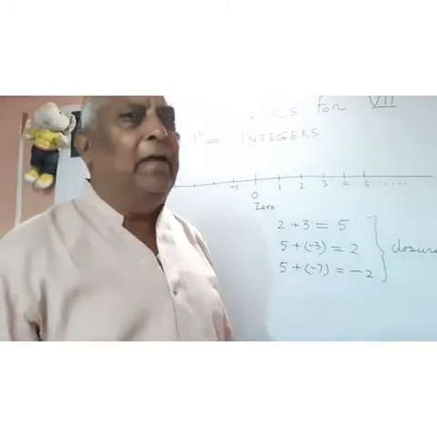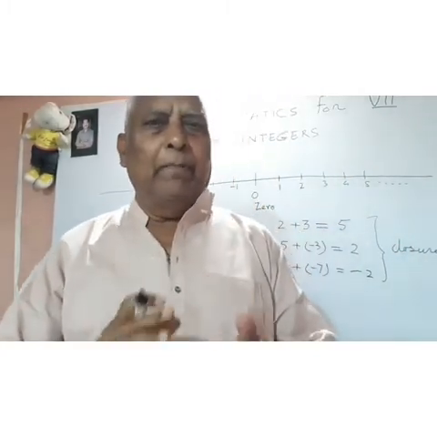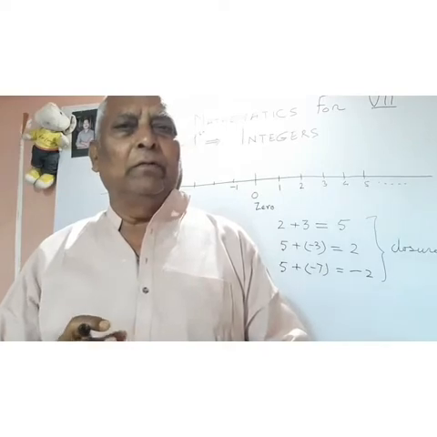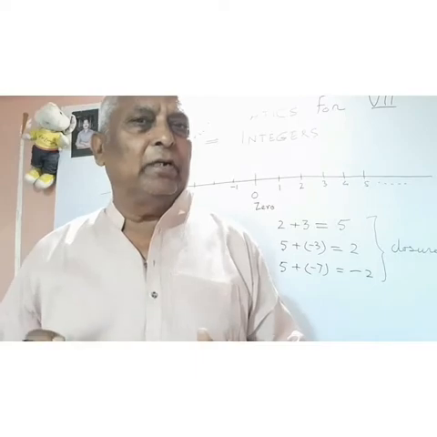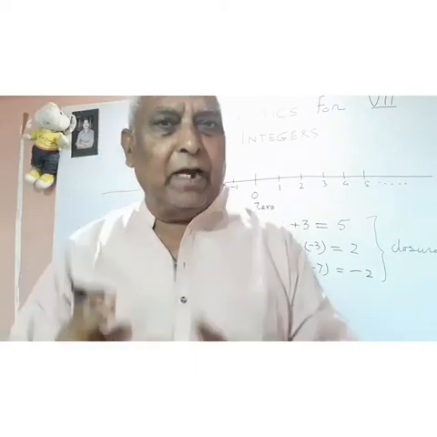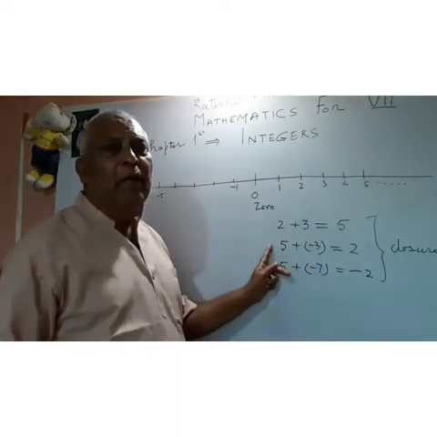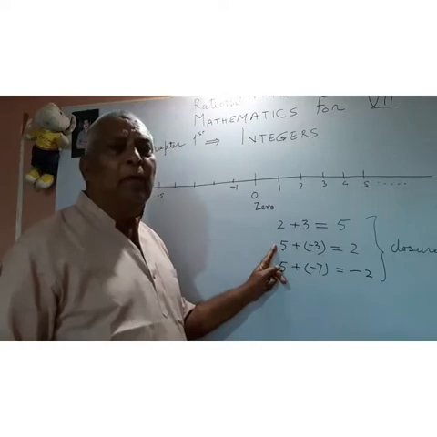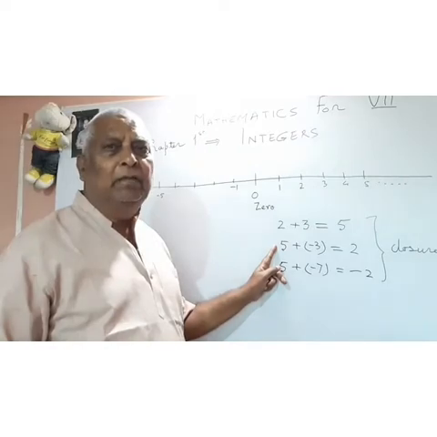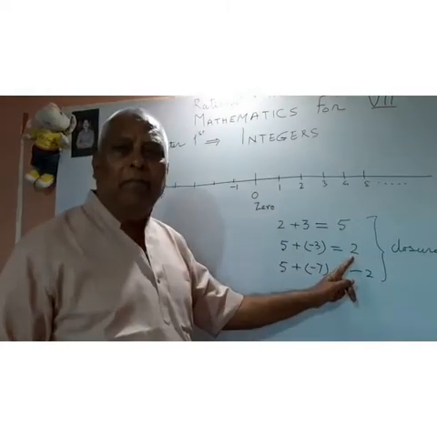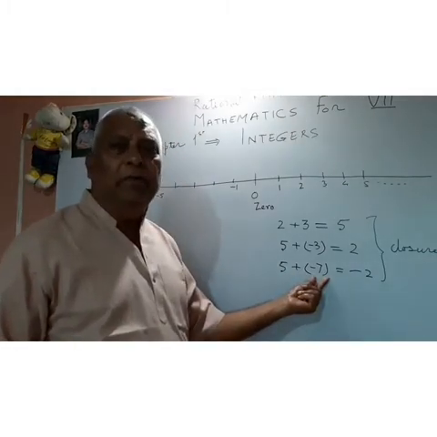So you cannot say that if two positive and negative integers be added together, then you will surely find positive or negative. It will be integer, but it is not decided that it will be positive or negative. It will be decided upon the magnitude of these numbers. If positive integer's magnitude is greater, then it will become positive integer. If negative integer's magnitude is